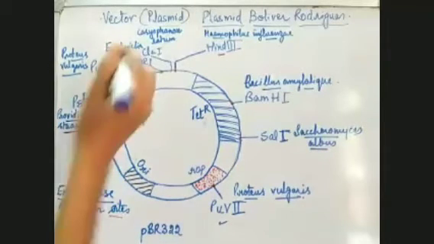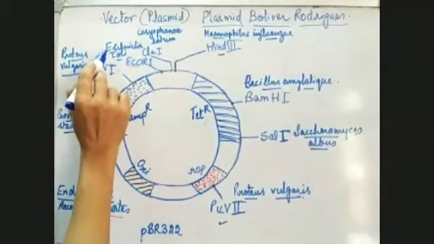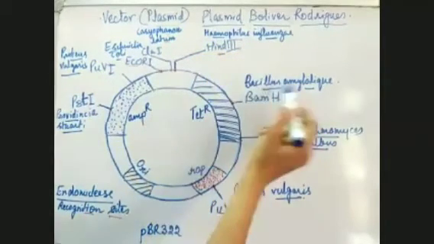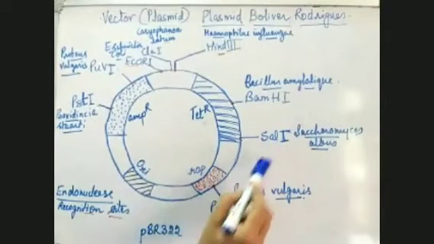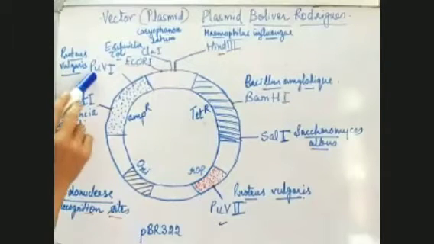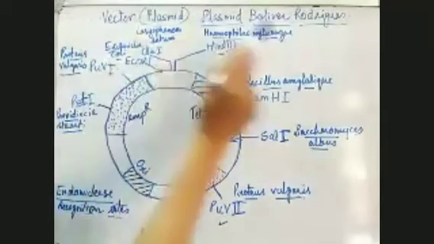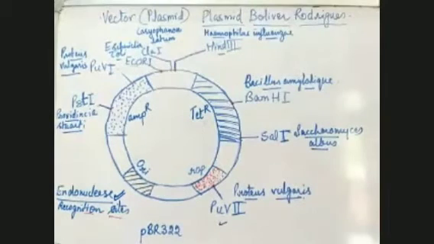So these are endonucleases. PvuI, which is Proteus vulgaris, EcoRI, Escherichia coli, Caryophanon latum, Haemophilus influenzae 3, Bacillus amyloliquefaciens 1, Saccharomyces albus 1, Proteus vulgaris 2, Providencia stuartii 1, Proteus vulgaris 1. This is Proteus vulgaris 2 and this is Proteus vulgaris 1. All these names are of endonucleases. These are the enzymes which can make a cut, and they can make a cut at a specific site only.